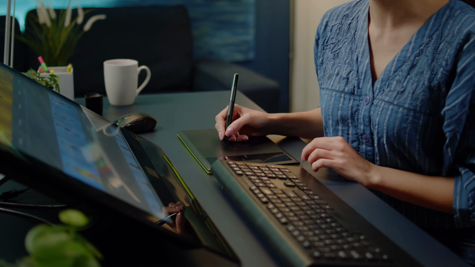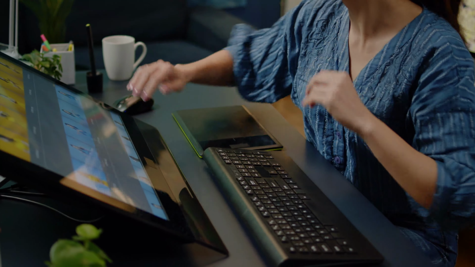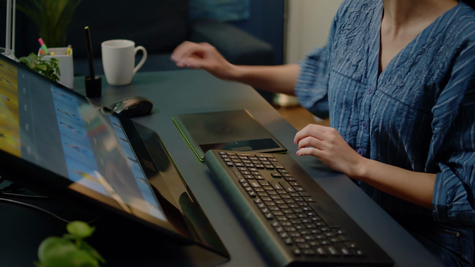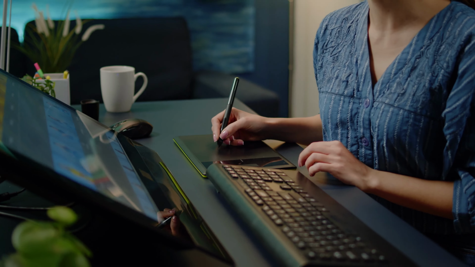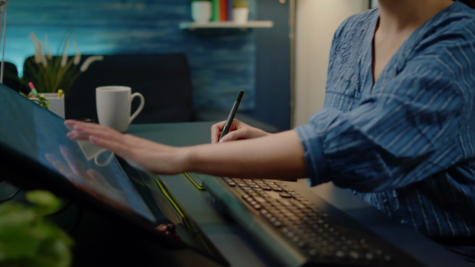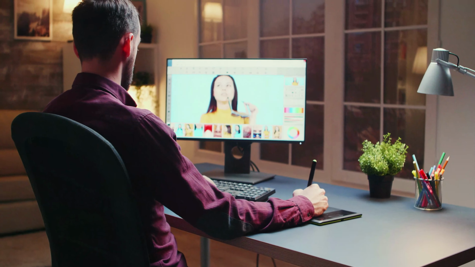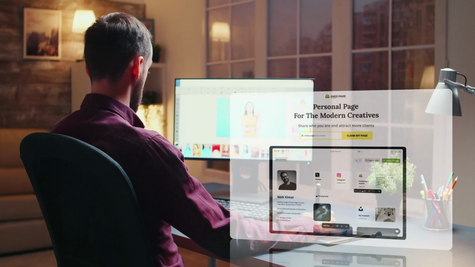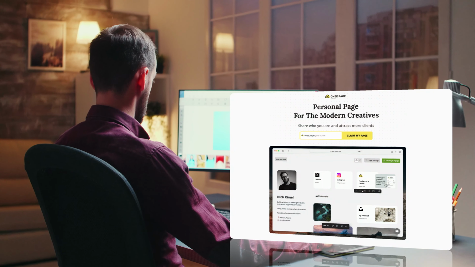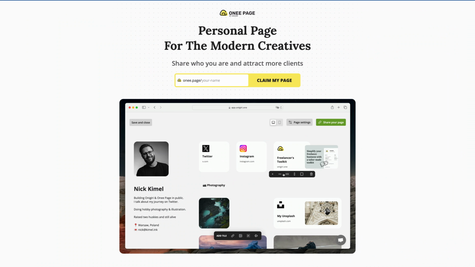Over the past year, we have produced more than 300 videos that teach viewers how to edit their photos using Luminar Neo. However, today I want to introduce you to a fantastic tool that you can use after exporting your images. The platform we'll be using is called Onee, and it was created by my friend Nick for creative people like you and me. All you need to do is to register and follow the instructions in this video to